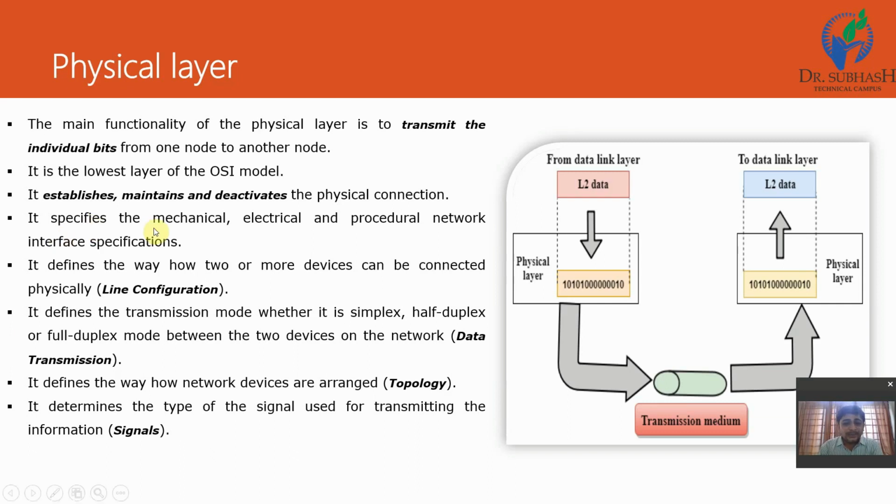It specifies the mechanical, electrical and procedural network interface specification. How your physical devices are connected, how your electronic data will pass through your channels, and what the procedures and specifications are for network transmission. It defines the way two or more devices can be connected physically, that is also known as line